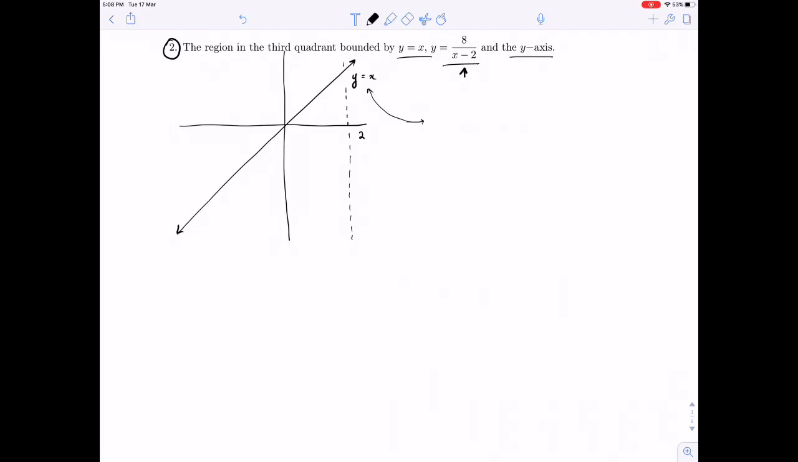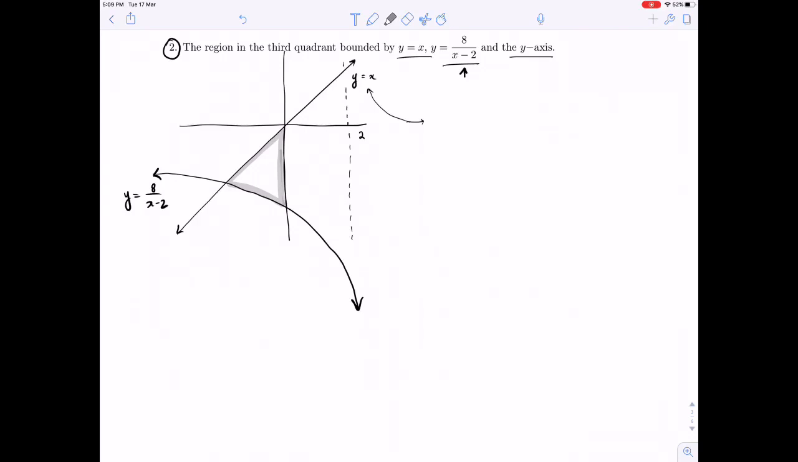We're interested in the part on the left-hand side, which is going to come down like this. So here is our curve. Y is 8 over x minus 2, and the y-axis, which is already drawn. So the region that we are looking for is the region bounded here that I'm outlining in gray between these